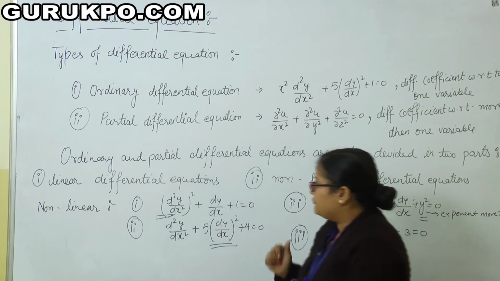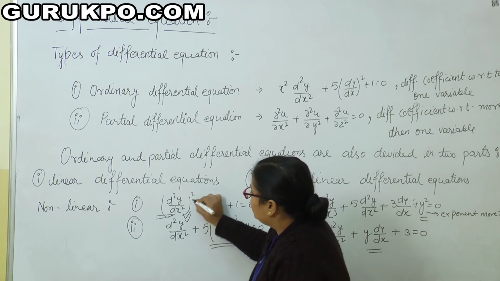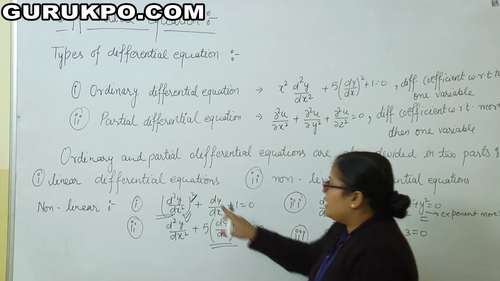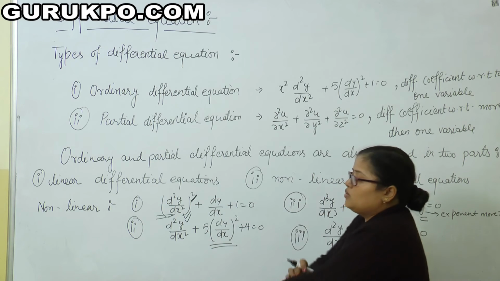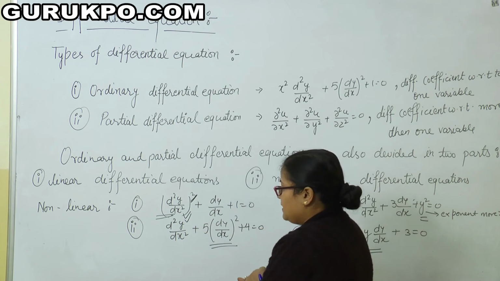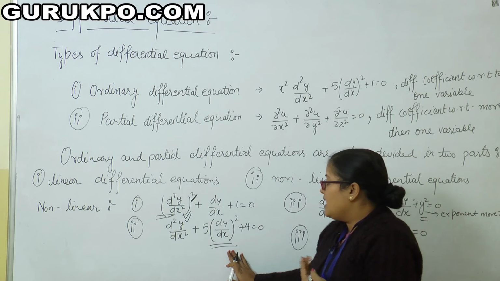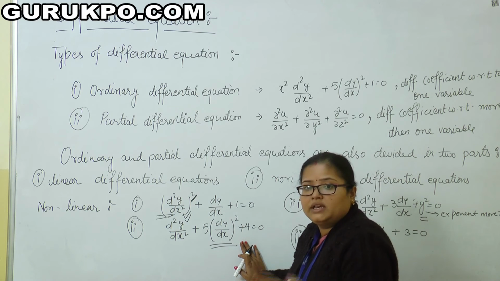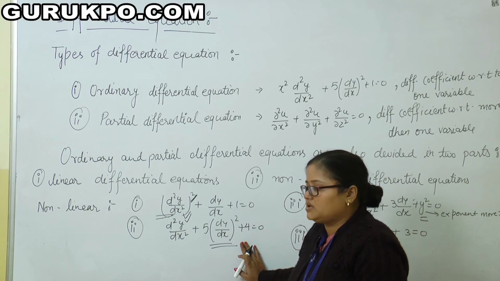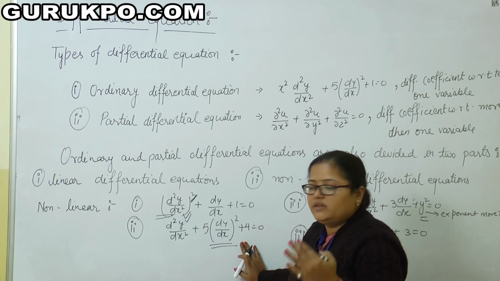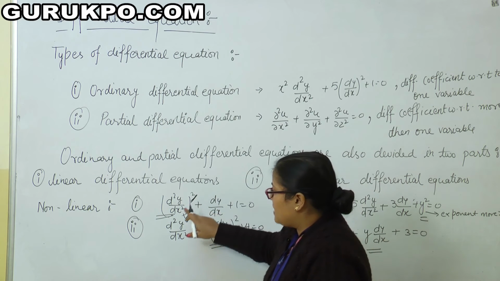Firstly, see this equation: in this equation the degree of the differential equation is 2. If the degree of the differential equation is more than 1, then the differential equation is known as a non-linear differential equation. After that, we come to this equation. In this equation we see the exponent of any derivative, the power of any derivative in the differential equation. This was the case of degree, the highest order derivative's power.